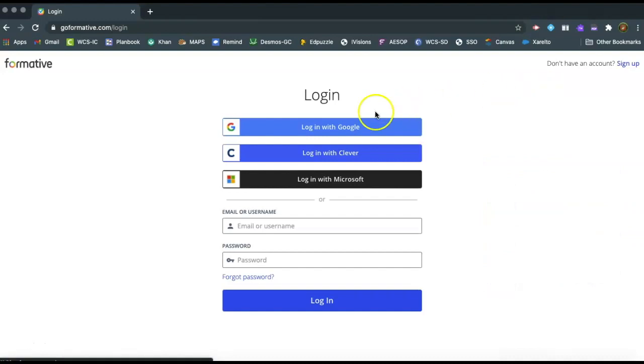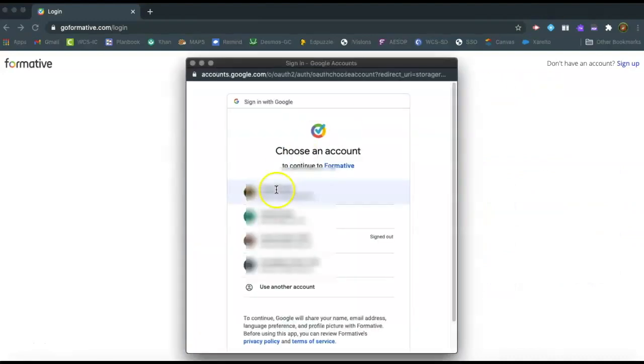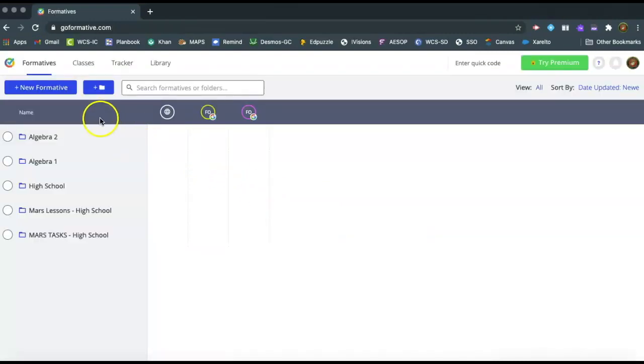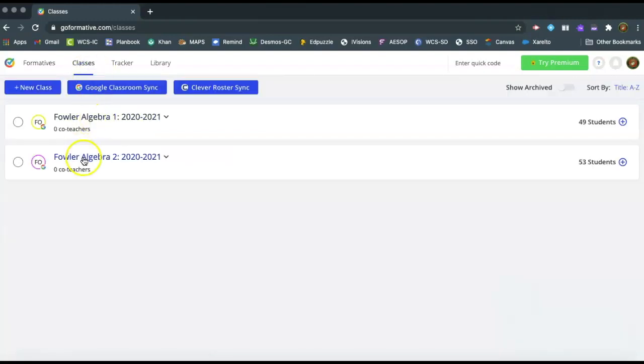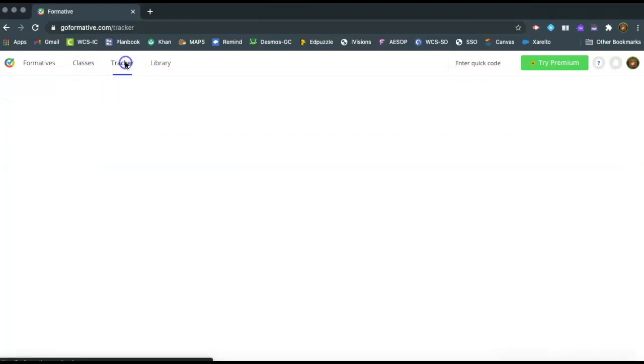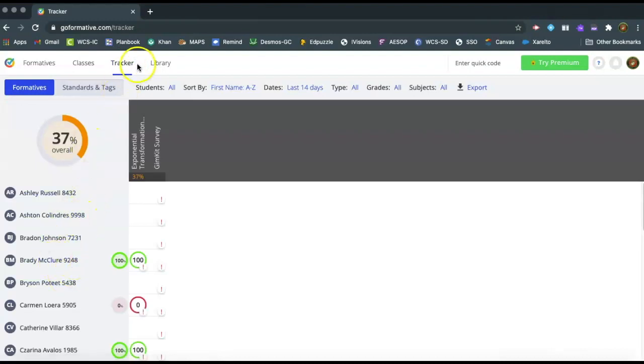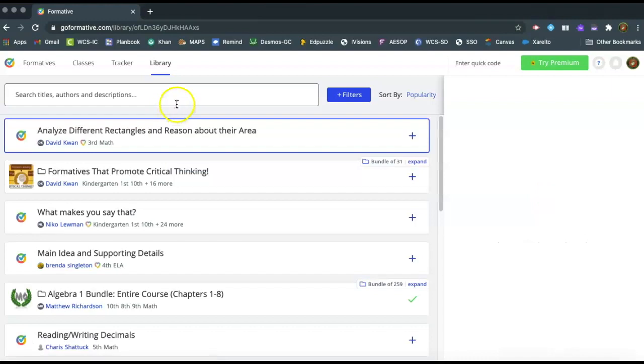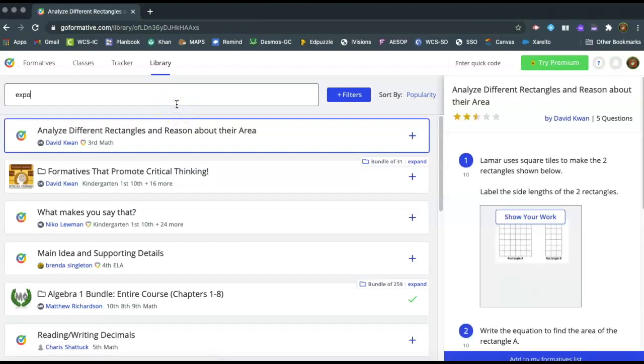We're going to log in with Google. All right, so whenever the dashboard comes up, top here you'll see the formatives, which are the different types of assessments that you can do. Classes, any classes that you have imported, tracking of student work, and once again, library here, you can look up just about anything. If I look up exponents,